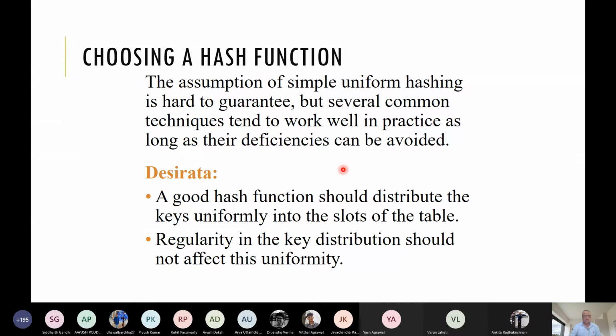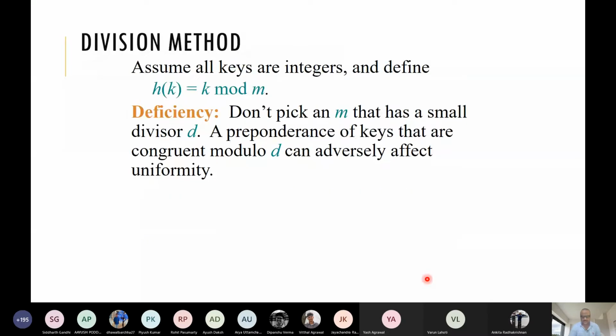So this is desirable: a good hash function should distribute the keys uniformly into the slots of the table. Let us have some examples of hash functions. The first example is called the division method. Here we are dealing with integers.